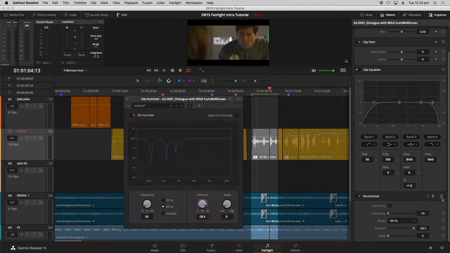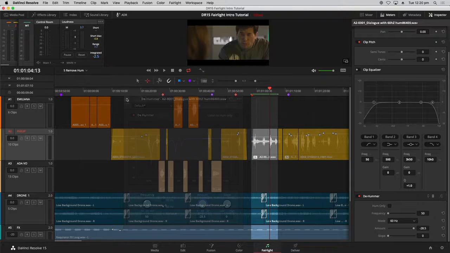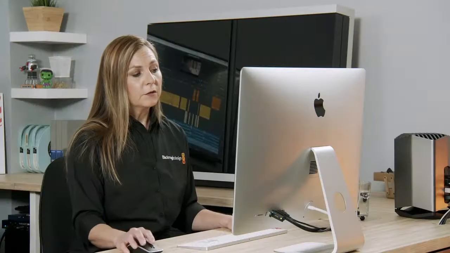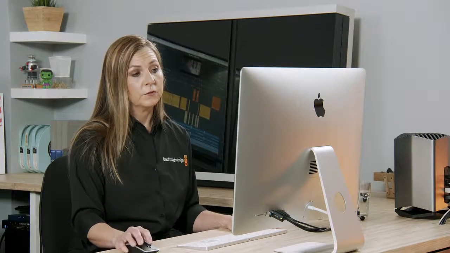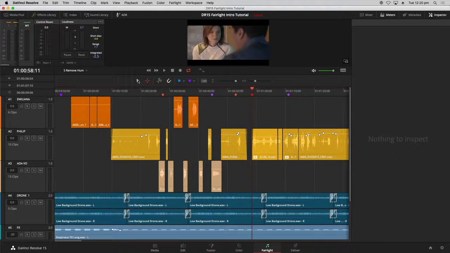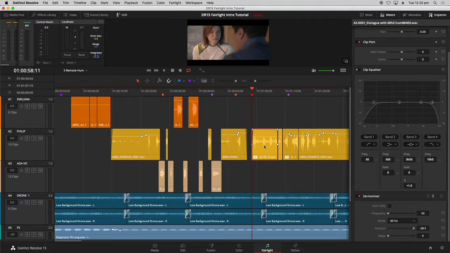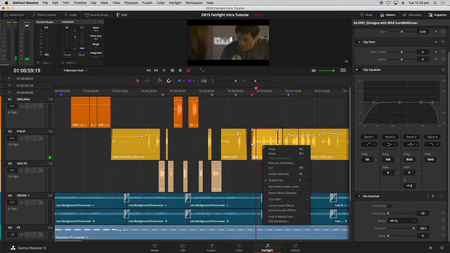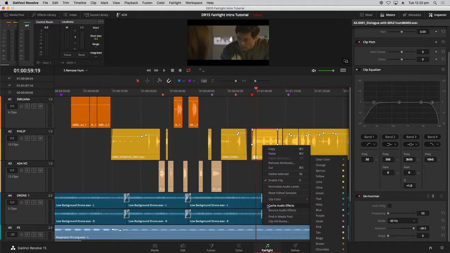And that will allow you to open up the interface again. Now, one other thing we can do, which is kind of nice, is if you want to see what it looks like, because you notice it still looks like there's an issue with this clip. I'm going to go back to my arrow tool for a moment. When you select a clip, one of the options you have is you can just listen to it and you can see that the hum is gone, but you can also right-click on that clip and we can choose to cache the audio